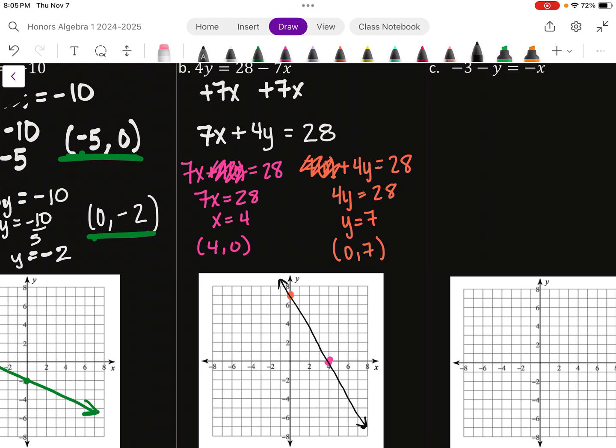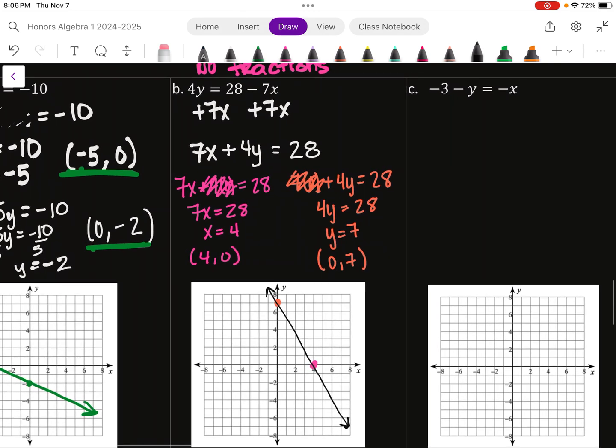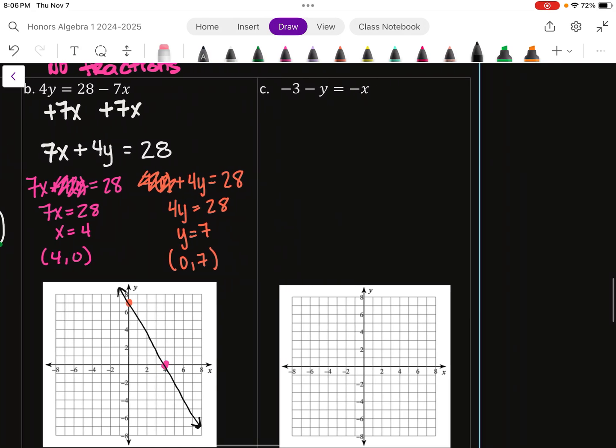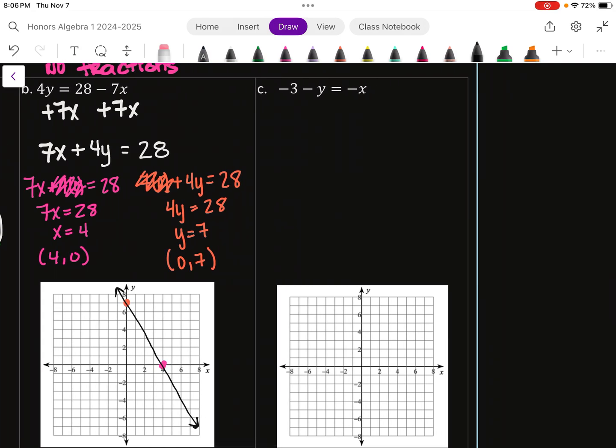Now that I have those 2 points, I can take a popsicle stick, or if you got a ruler, and draw a nice line. In tonight's homework, you will just plot one point, then plot the other point, and it should create the line for you. Okay? Not so bad, but definitely using our algebra skills, right? Understanding what it means to be an x-intercept or a y-intercept, and then graphing. All right, this guy here,